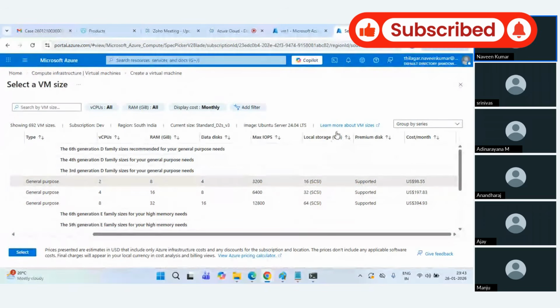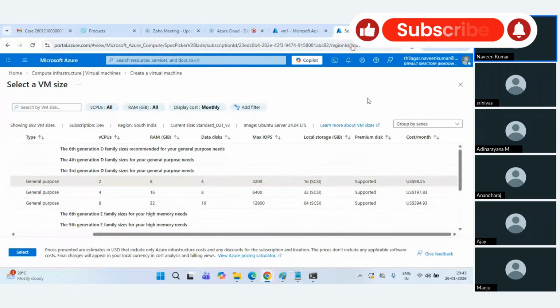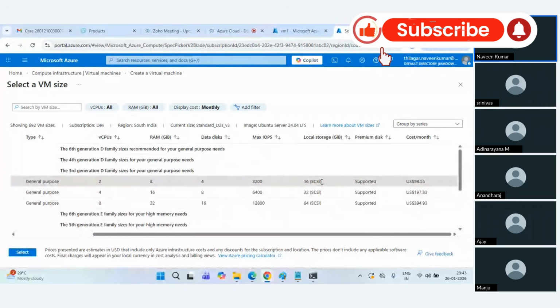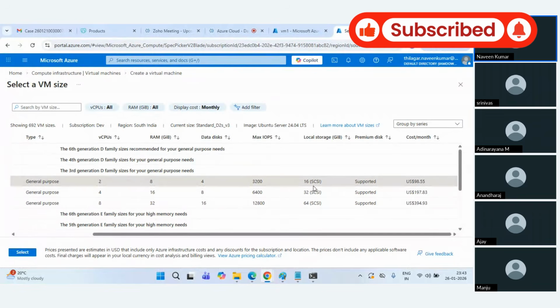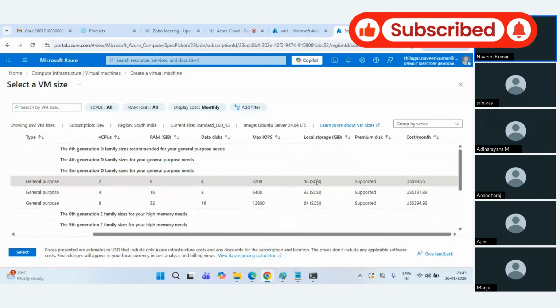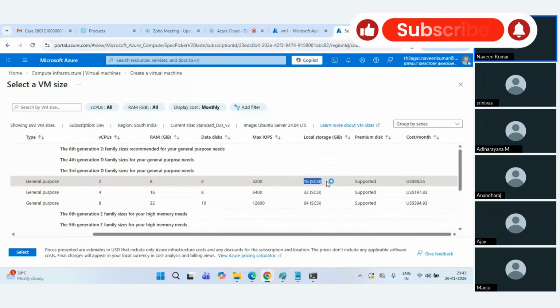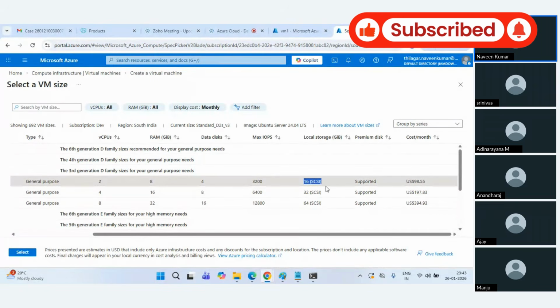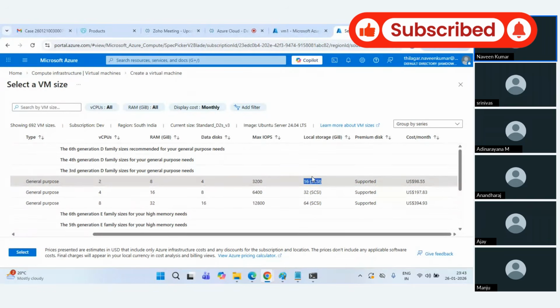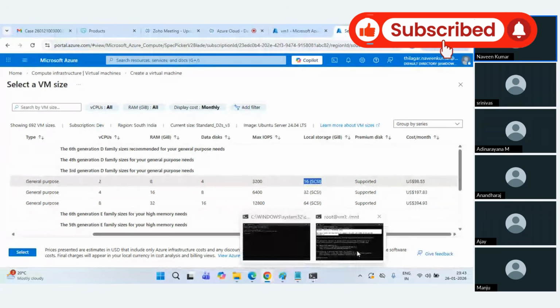So they have given us local storage, right? The reason why they have given this option, or how this is different from your normal OS disk or any data disk which you attach, is that those can be deallocated, but this is tightly coupled with your VM itself. And this is always super fast compared to your other disks, where your IOPS is controlled. But this is an ephemeral disk,